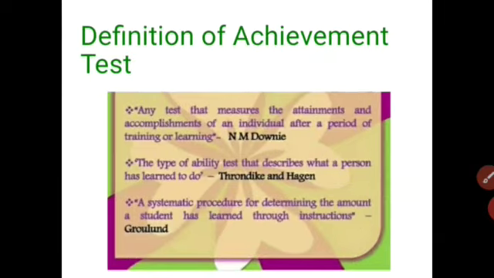The definitions of achievement test given by different persons are given. So we have to understand that an achievement test can be conducted for a single unit or for the whole subject. And we have seen that an achievement test is used to find out how much the student has achieved in a particular subject or in a content according to some predetermined objectives. I hope you understand what is achievement test, right?